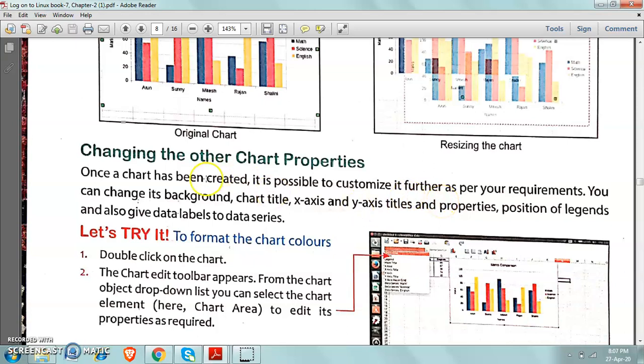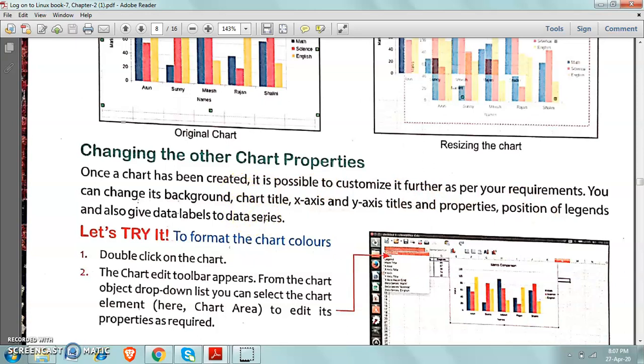You can change its background. If you want to apply some background, you can apply. If you want to change the chart title, you can change it. If you want to change the X-axis and Y-axis titles, you can add them. You can also change the position of the legends and give data labels to data series.